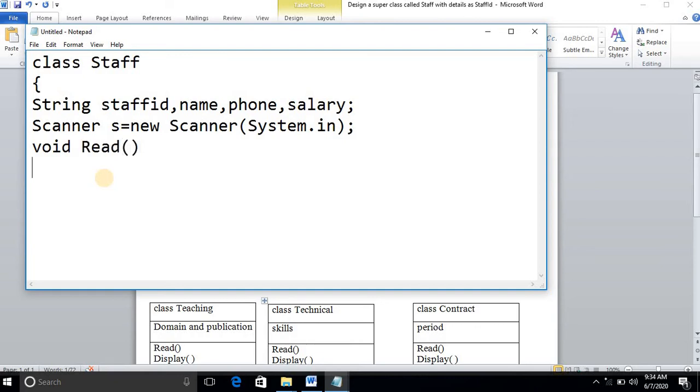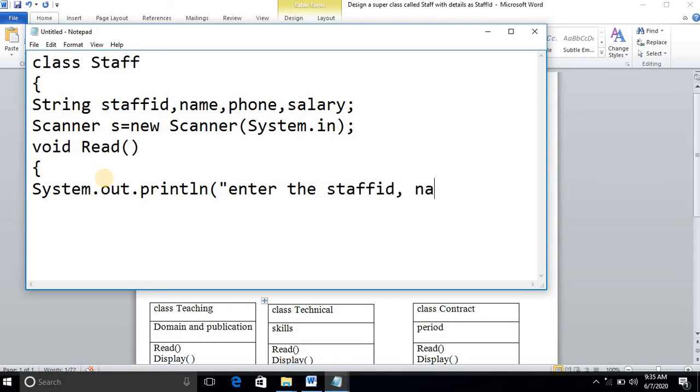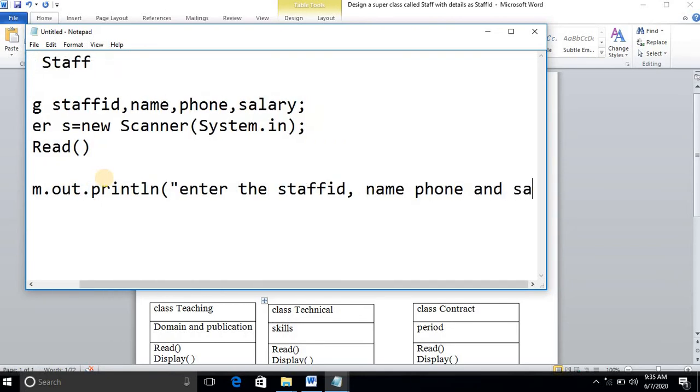That's all. In the read method, I'll give System.out.println, enter the details of the staff, like enter staff ID, name, phone number, and salary.